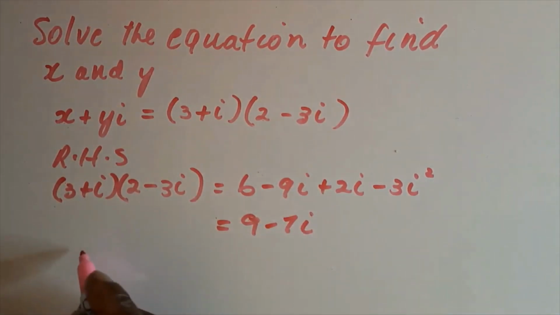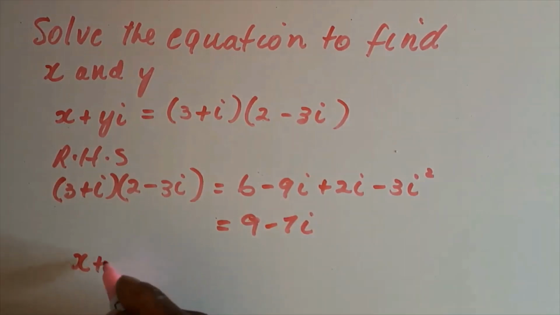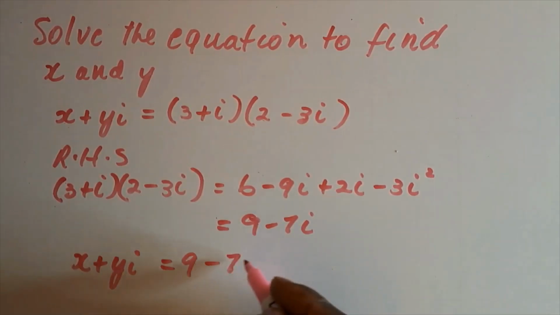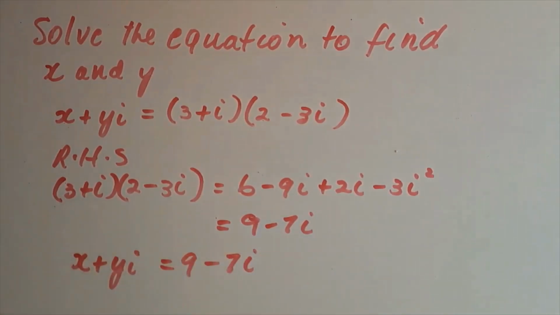So if we equate this, we have x at the left hand side is equal to 9 minus 7i, which we can clearly read off that x is equal to 9 and the imaginary part y is equal to